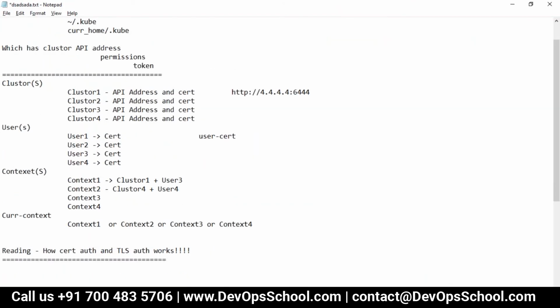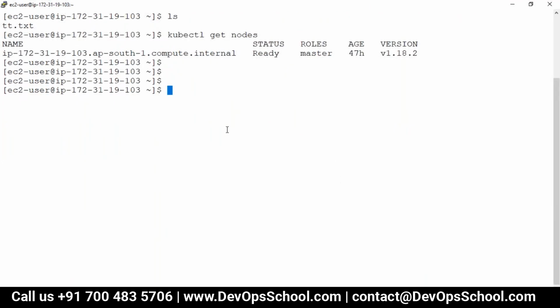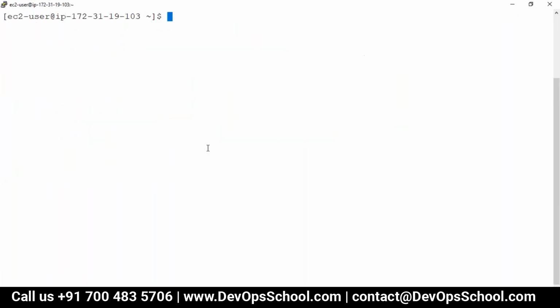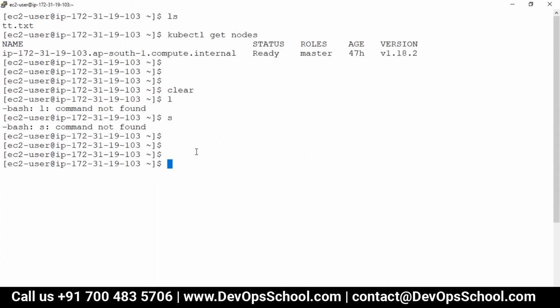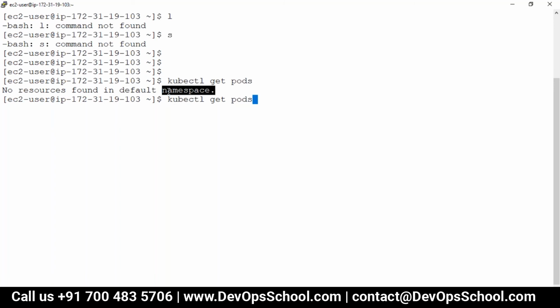Okay guys, so now this is ready. So now guys, my workstation is ready, and my master is ready. Now I am going to validate how many pods you have. Right now, I'm not conceptually telling you what I am doing, but I'm just getting pods. Okay, there are no pods, but here it says no resources found in the default namespace. Now what is the default namespace? I'm not explaining that right now, but all namespaces.